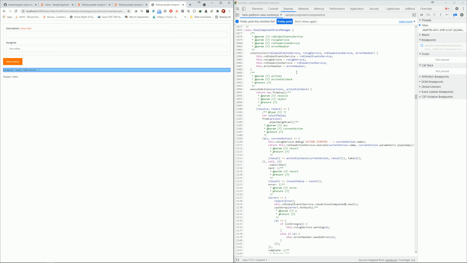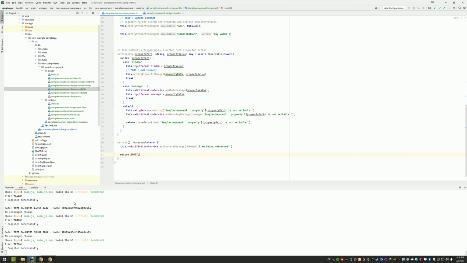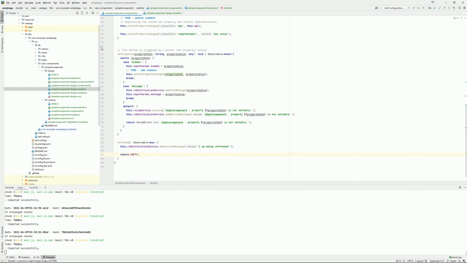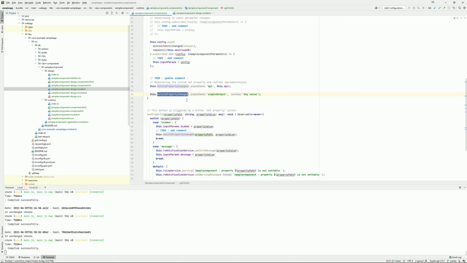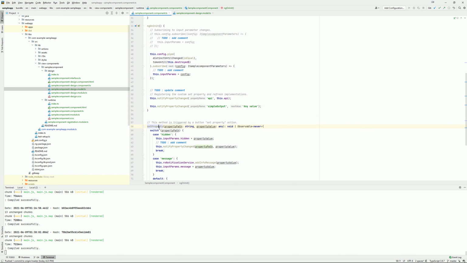It's magic. So what did we see in this very long tutorial? Once again, I'm sorry about that. We saw how to create a custom view component. We saw how to declare input parameters, output parameters, validation, setting properties. We saw how to do that in design time, and we saw how to subscribe to the input parameters at runtime, and add some new input parameters, how to broadcast an output parameter using notify property changed, how to override set property, how to override